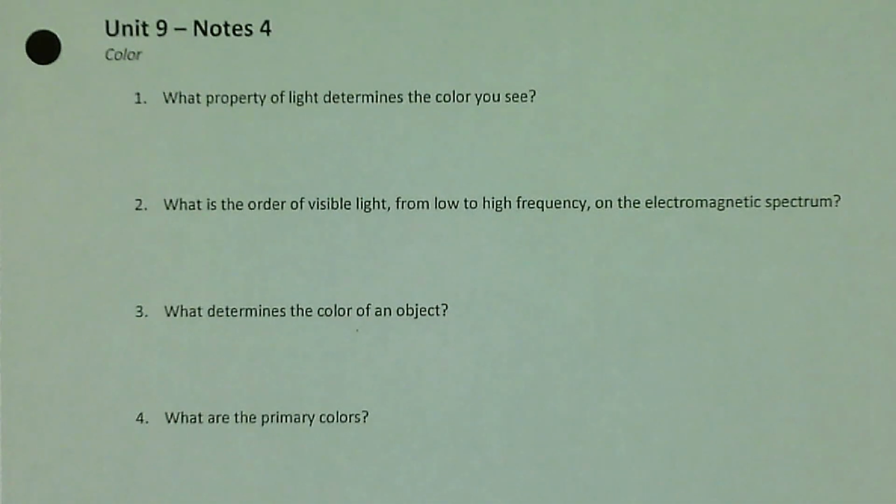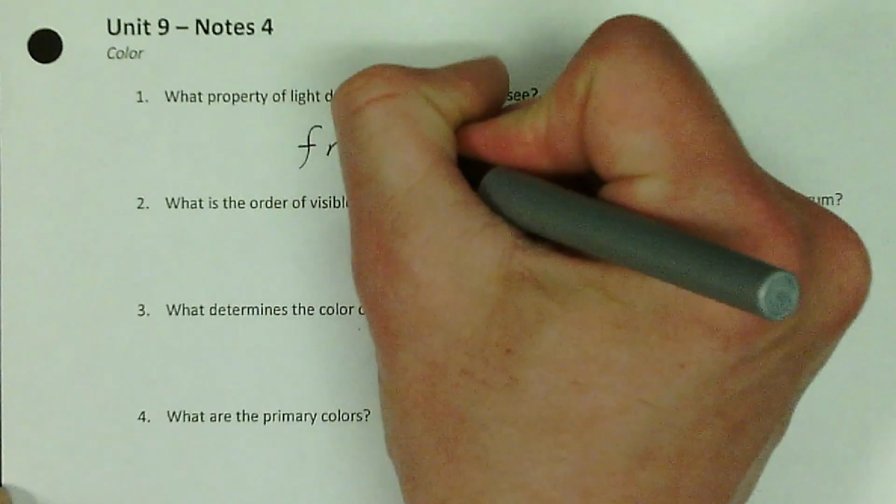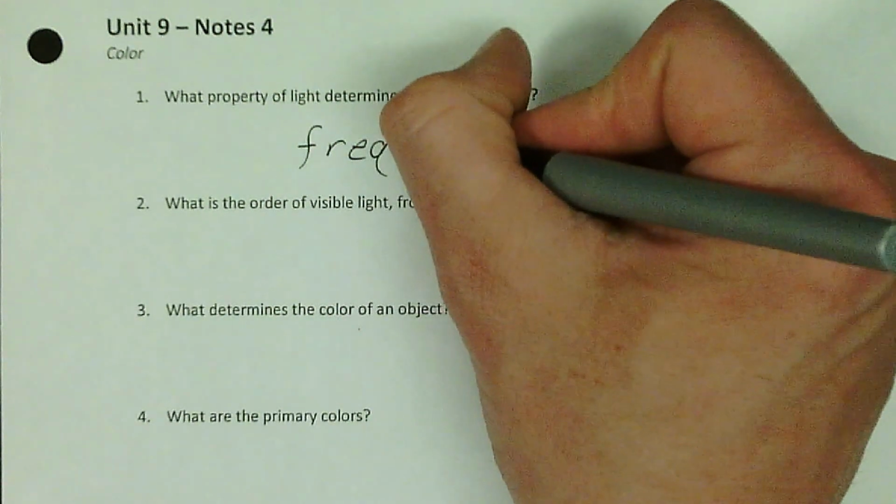What property of light determines the color that you see? It is frequency. So of all the properties of light,